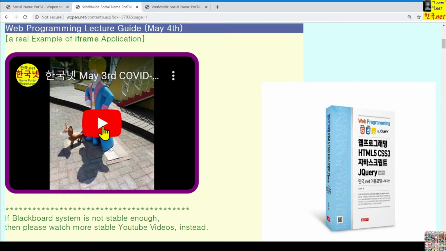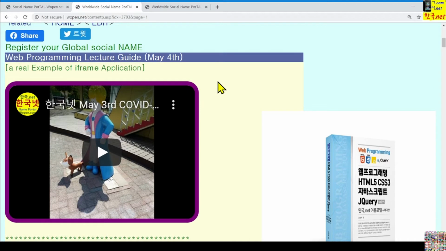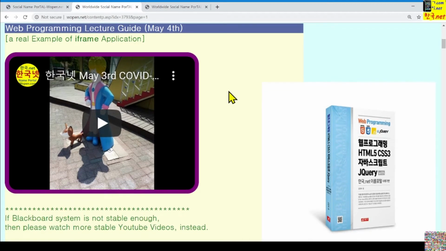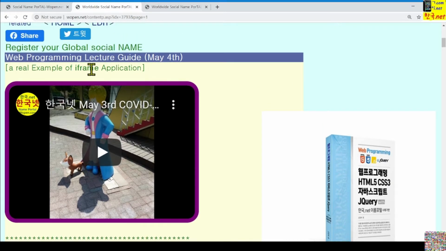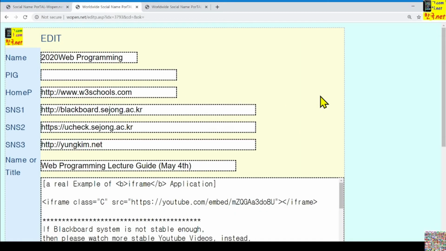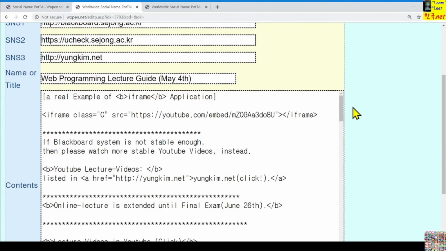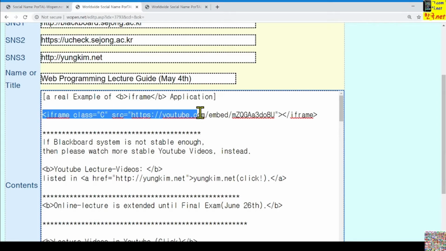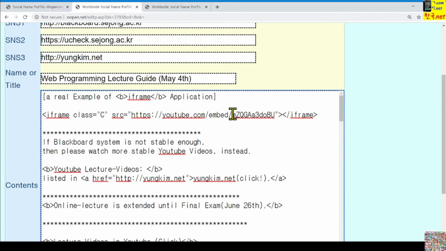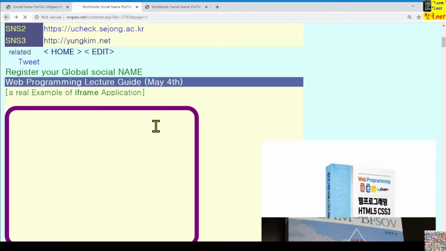I inserted this one to explain a little bit about the iframe. We learned about this already, and for example, this one, you can see the iframe element here. If I am using that edit mode, then you can see the video code here. Then simply we can show this one.